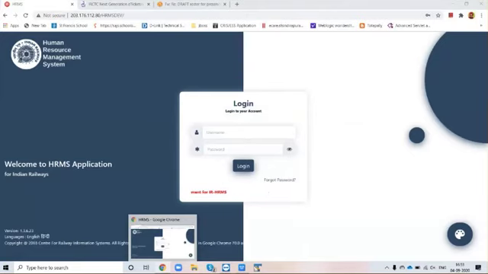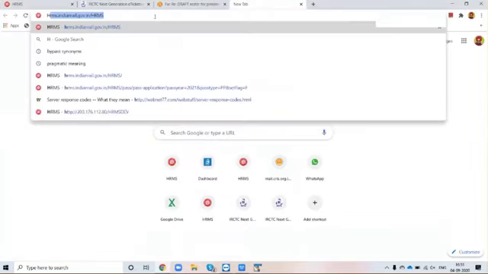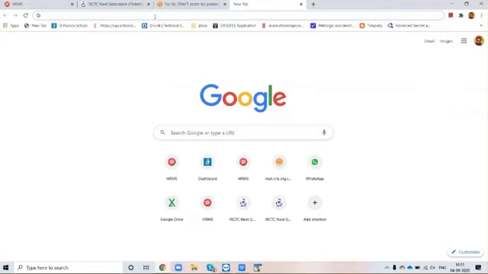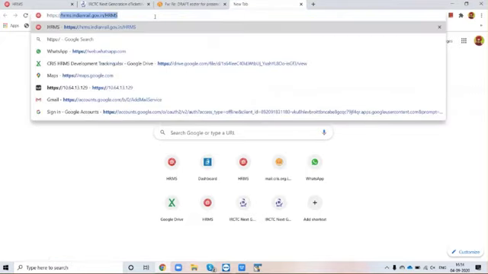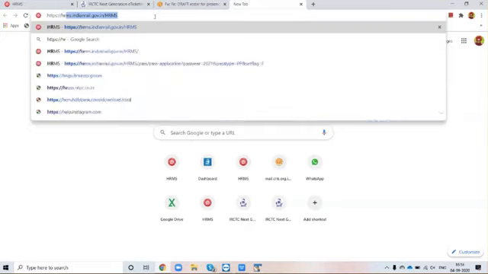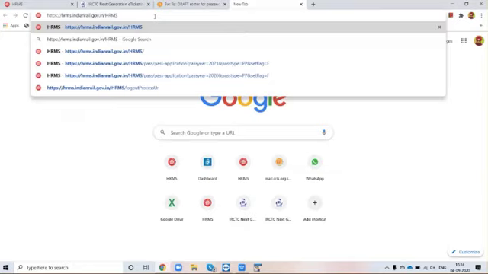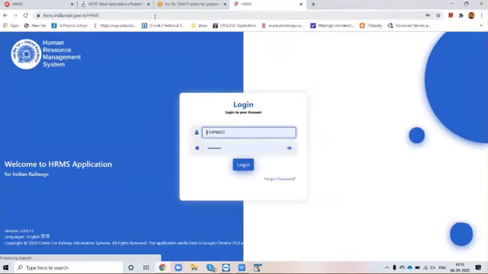The HRMS application URL is, I just type here, https://hrmis.indirail.gov.in/HRMS in capital letters. And you will have a login screen of the HRMS application for Indian Railway.